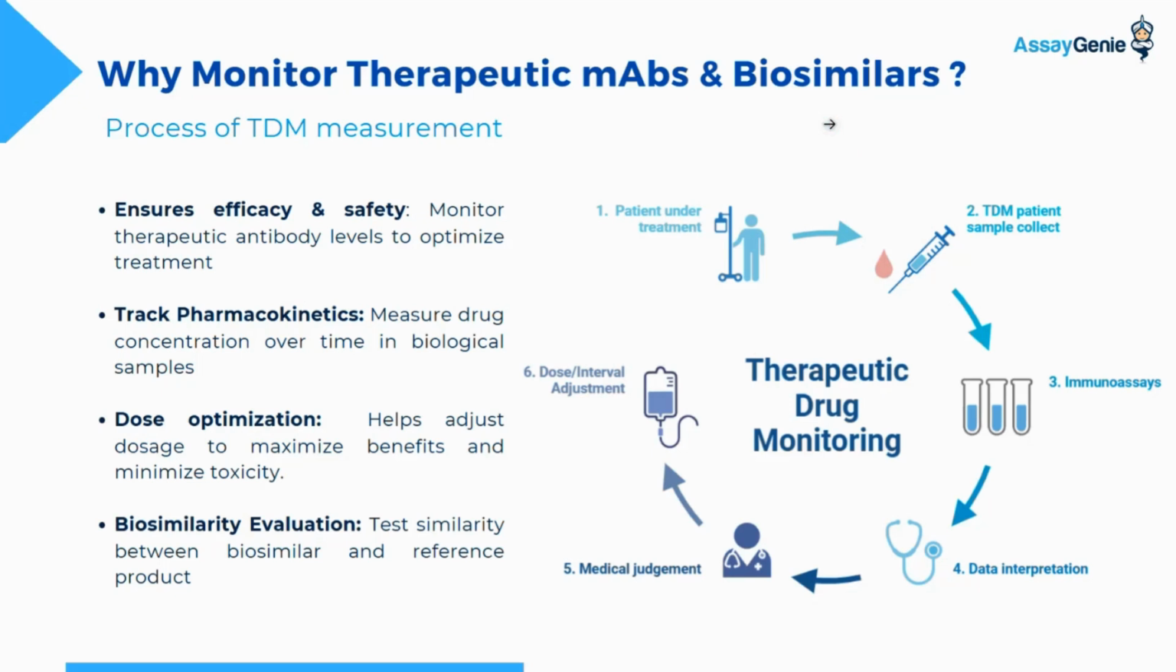So to begin with, we want to monitor therapeutic monoclonal antibodies and biosimilars to ensure efficacy and safety in the patient. We can monitor therapeutic antibody levels to optimize treatment within the patient. It's also critical to monitor these to track pharmacokinetics, to measure the drug concentration over time in biological samples. And it's also very important for dose optimization, where this helps to adjust the dosage to maximize the benefits and minimize